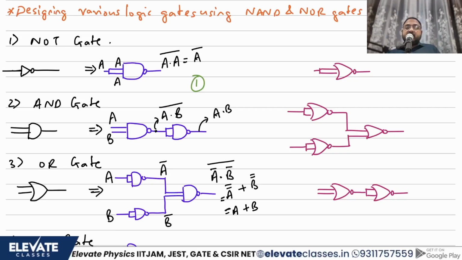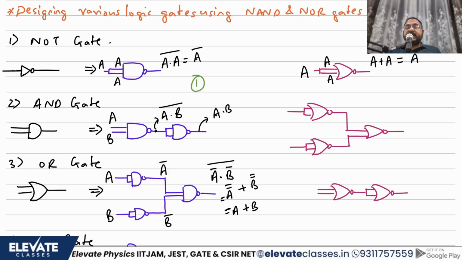If you look at a NOR gate, if I want to make a NOT gate using a NOR gate, the procedure is the same as with NAND. We take the two inputs and we short them. How is that possible? Let's check. Let's say the input was A. So this will become A, this will become A, correct? What will be the output of a NOR gate? You take the sum and you take the complement. What is A plus A? A plus A is nothing but A, and there's a complement on top, so you'll get A bar. That's the end of it.